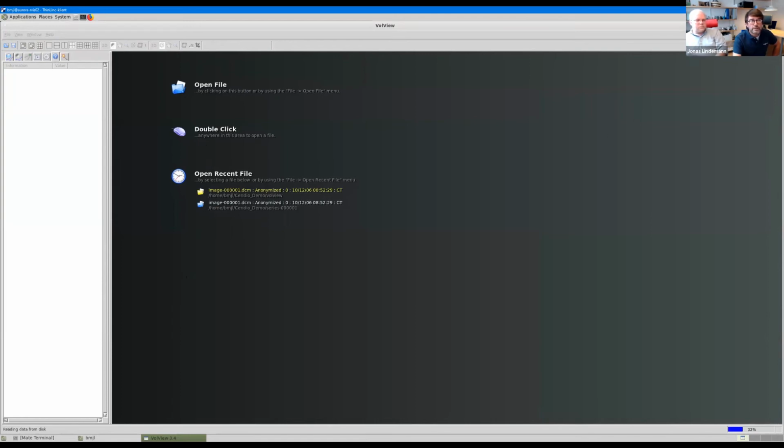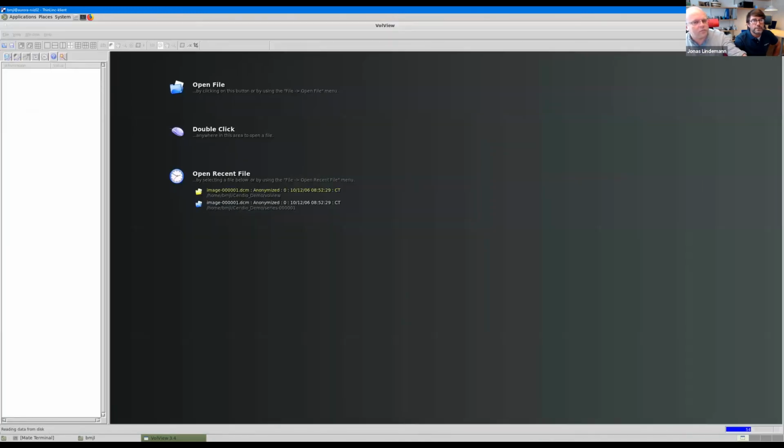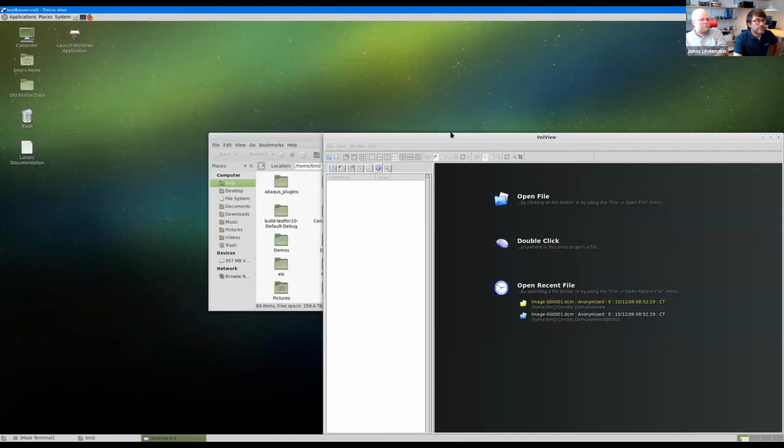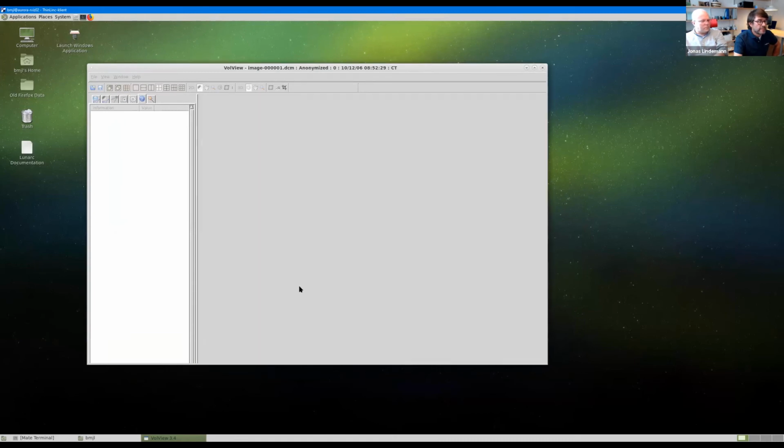Maybe I can try to import. I would like to make this window slightly smaller so you can see what's happening here. I think it's loading.